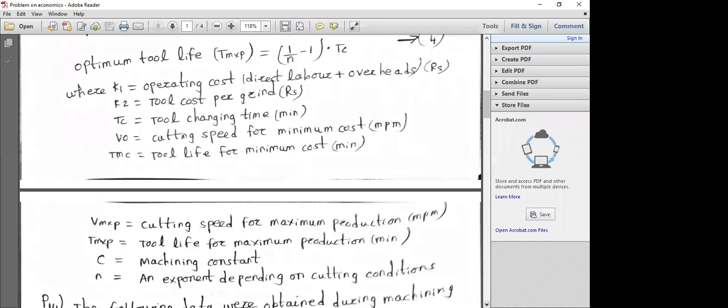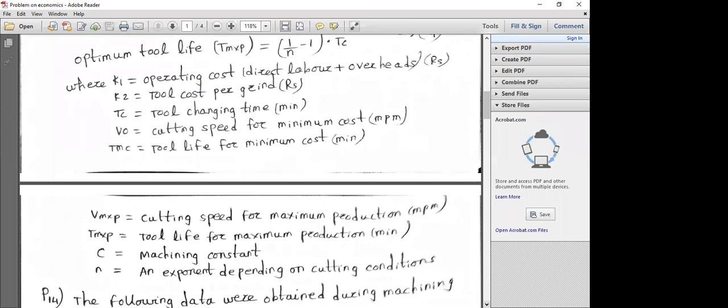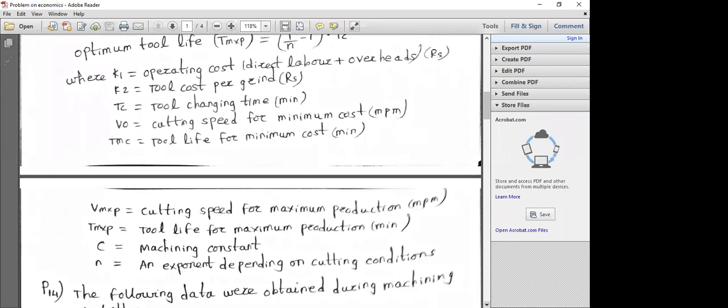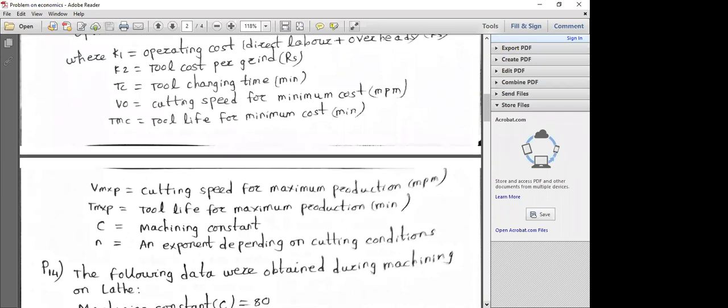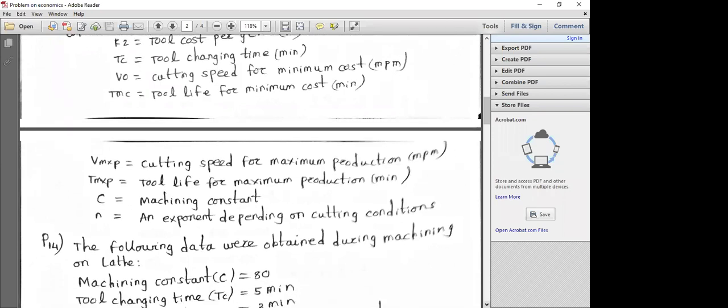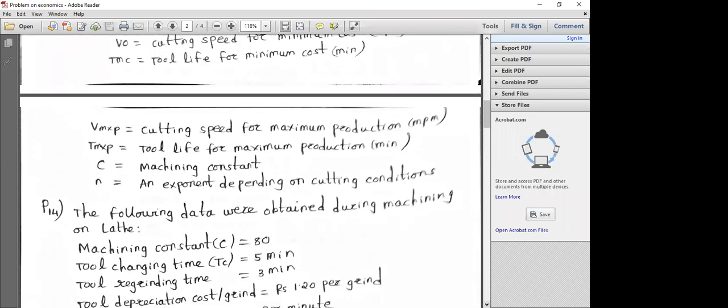And so you have to be very much careful about the particular units and the ideal cutting conditions. But sometimes they will give the data, and sometimes they will not. Suppose it does not give the N value, for rough turning you have to assume 1/8, or for finishing you have to take 1/10, like that. Already we have done some problems. So just try to see the problem. You try to just observe.